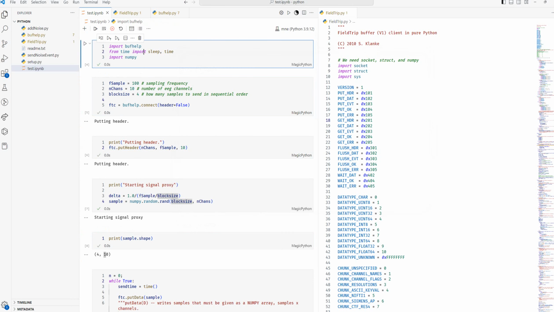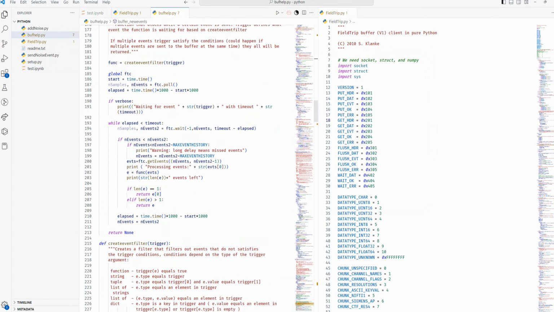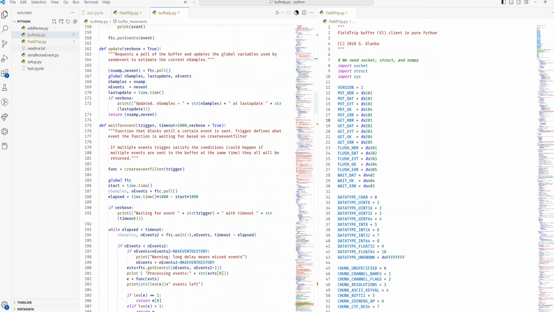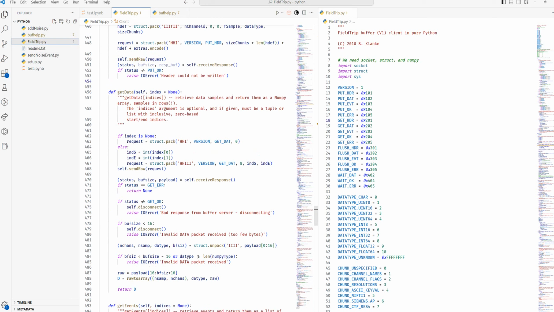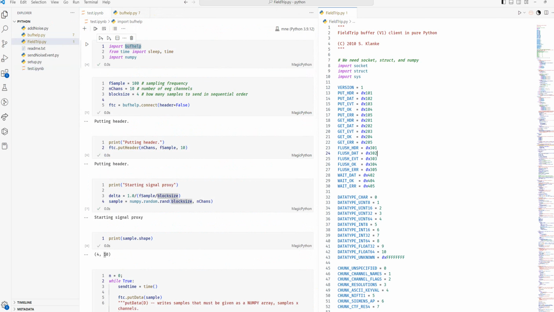So here I created this test notebook, and I'm using this buffer help function. The buffer help function is basically a wrapper that extends the main fieldtrip.py, the main FieldTrip Python client. I'm importing buffer help and numpy,